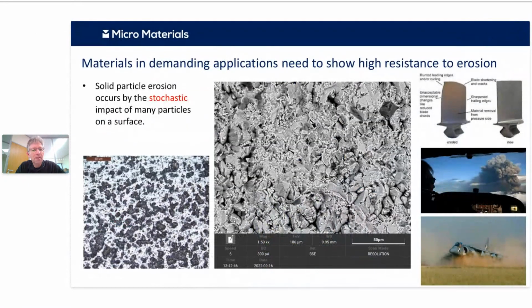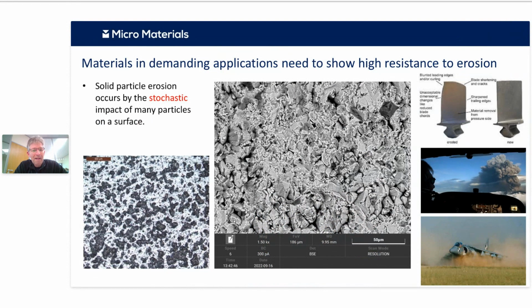And if we think about erosion, then solid particle erosion occurs by the stochastic or semi-random impact of many particles, discrete different events, on a surface. You can see bottom left there an impact surface after a sand erosion of a DLC, and that's actually from Sam's PhD project. And in the middle is a